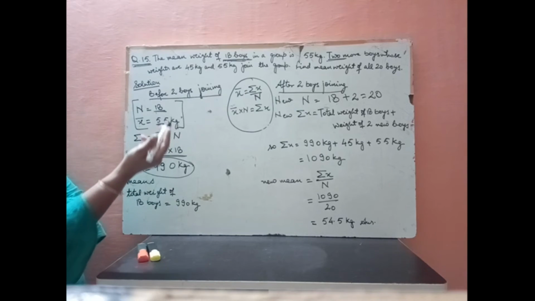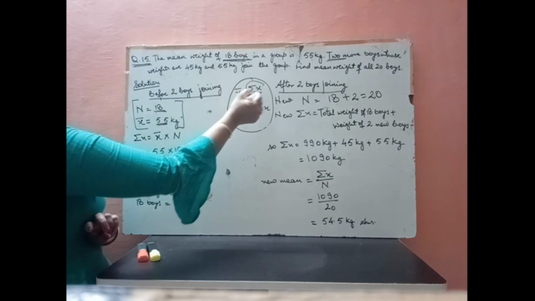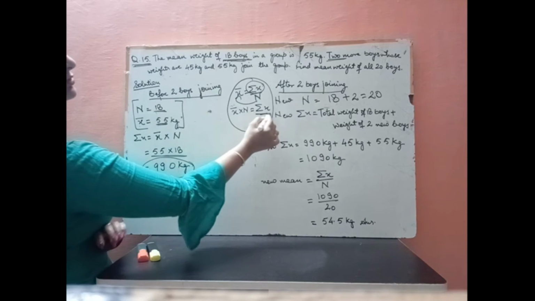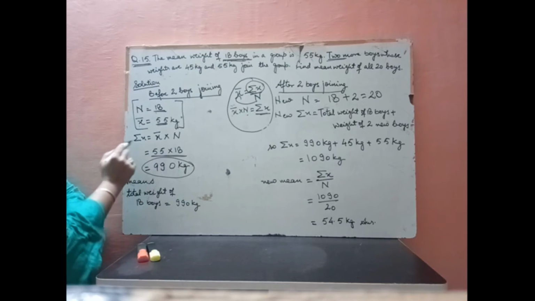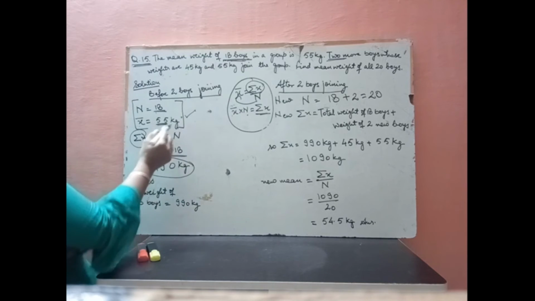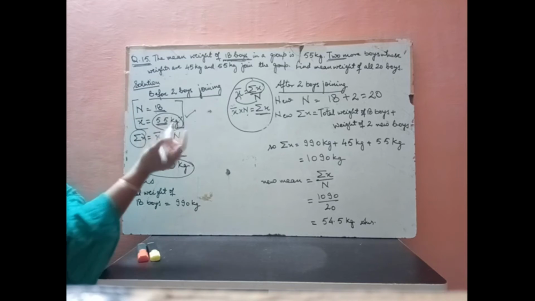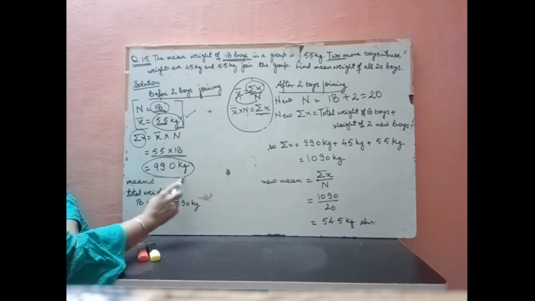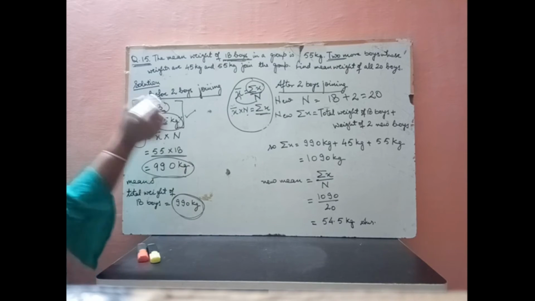Or in the form of formula we can write, we know x bar is equal to sigma x by n. We want to find the sum, so this n will come to this side and it will be multiplied. Sum of the observations will be equal to mean multiplied by number of observations. We can get the sigma x from this formula and also from common sense. The common sense is mean is 55, that on average weight of one boy is 55 kilogram and total boys are 18. So what will be the total weight? Total weight will be 55 multiplied by 18, that means 990 kilogram. So the total weight of the 18 boys is 990 kilogram.